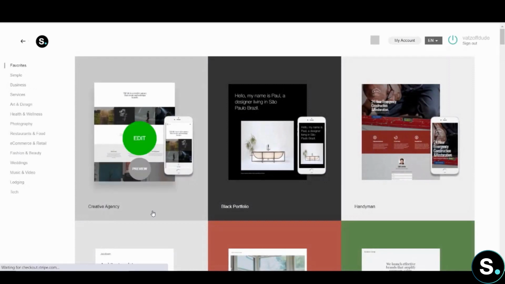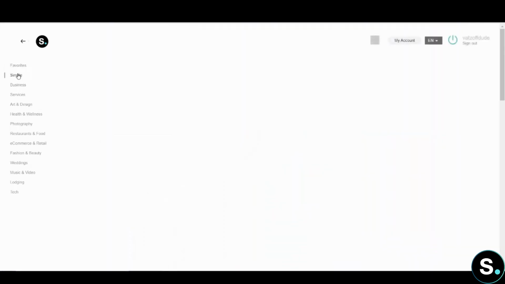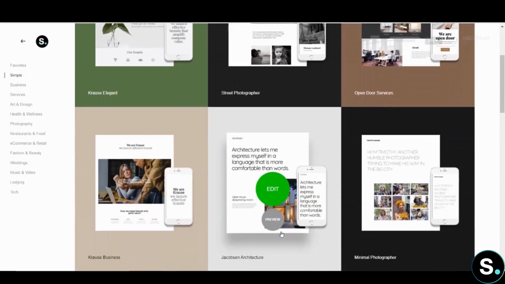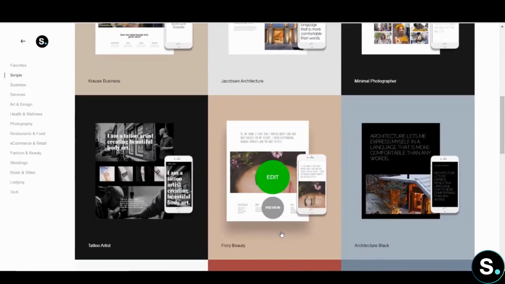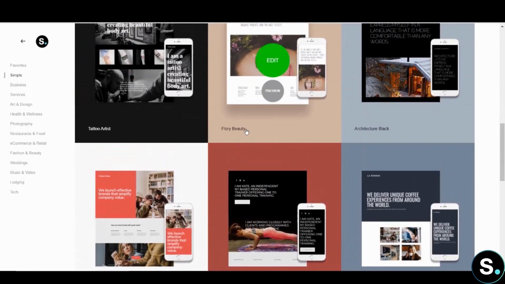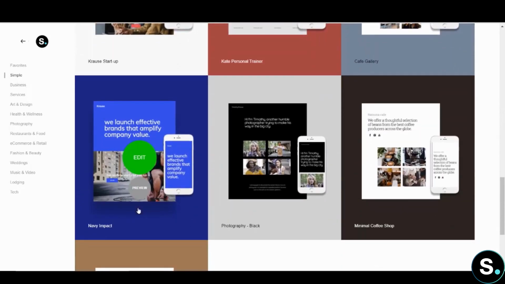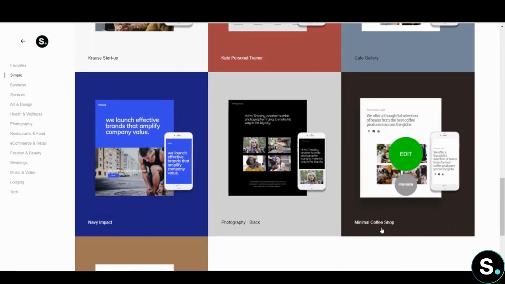Now you can see there are tons of themes. There are themes for business, services, art and design, simple themes. Let's go with simple. You can see there are tons of different themes out there, for artists, for beauty, architecture, startup, gallery, photography, a minimal coffee shop,